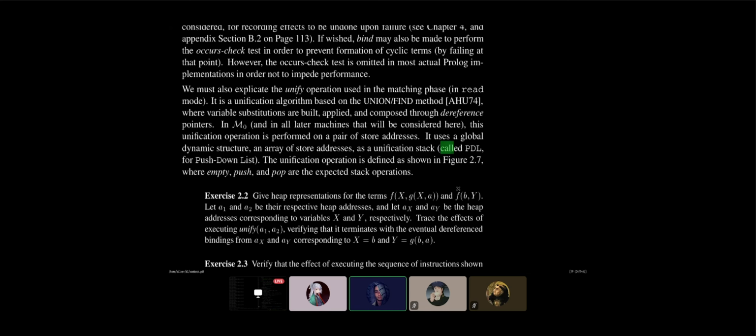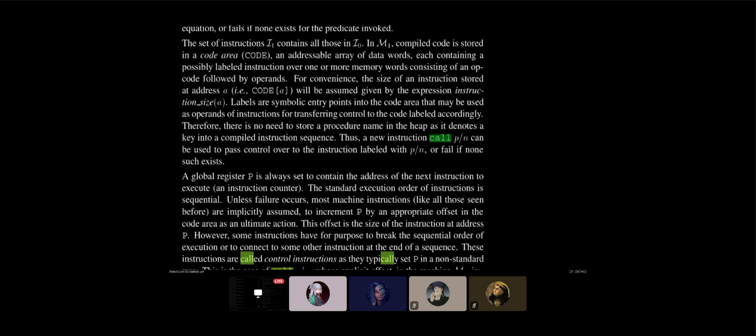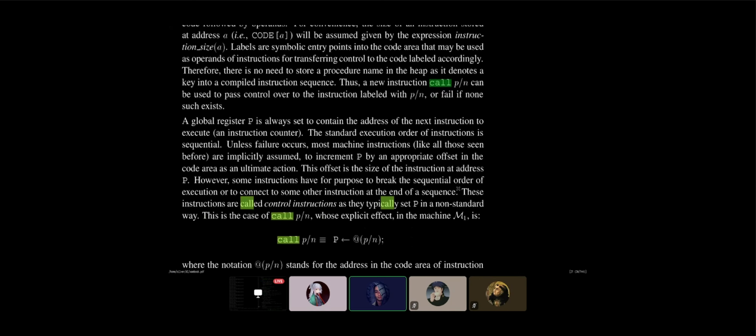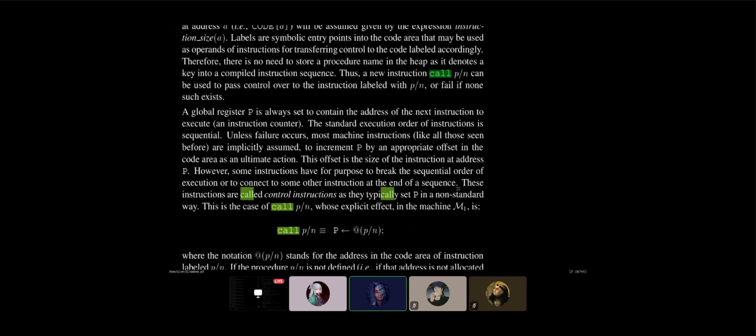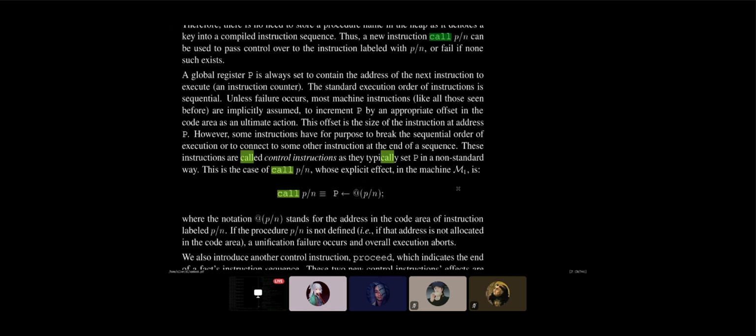I think it's call as well, or maybe it's proceed, I don't remember. Yep, there it is, the at sign. So our call doesn't do that properly. We don't have a stack that we keep popping. Well, it should be doing that.